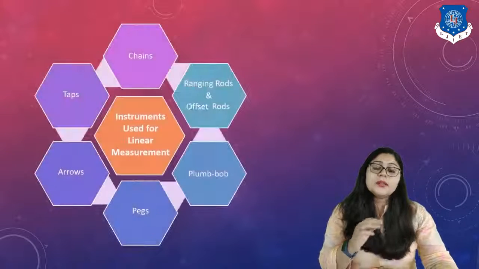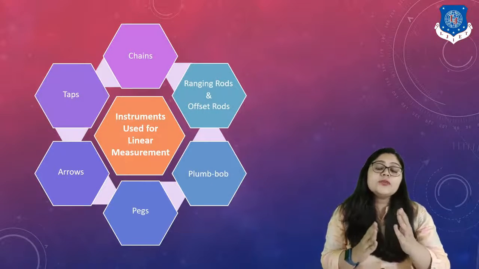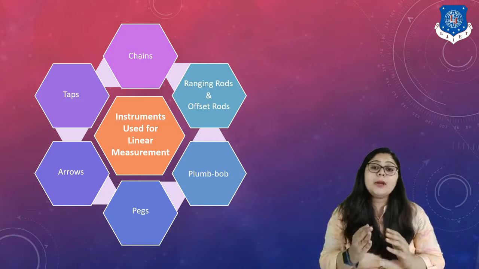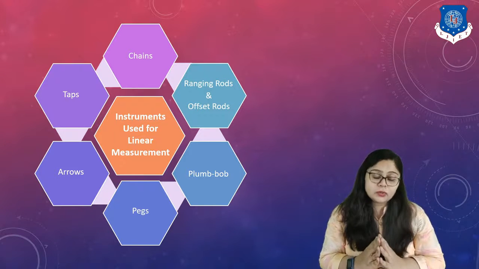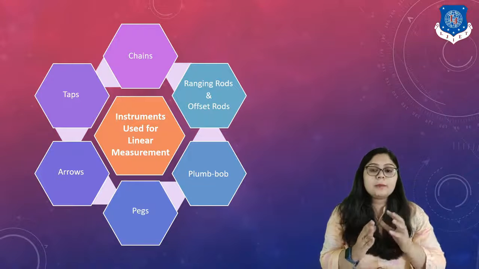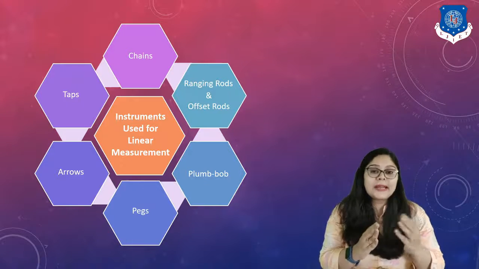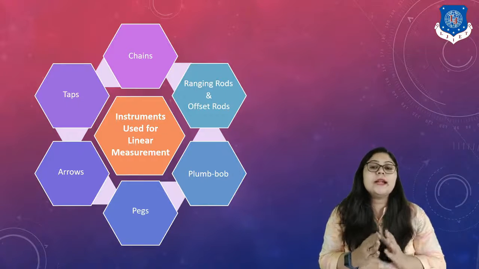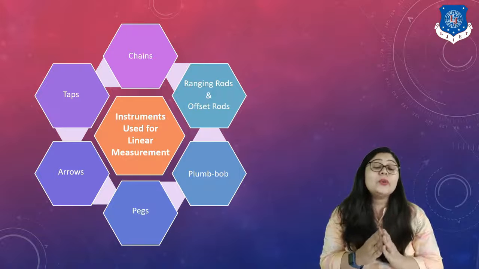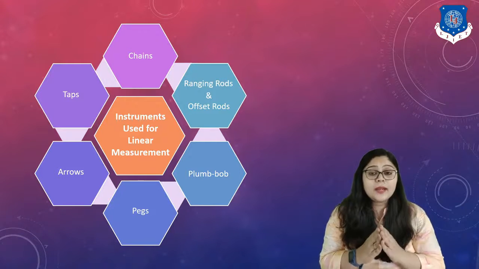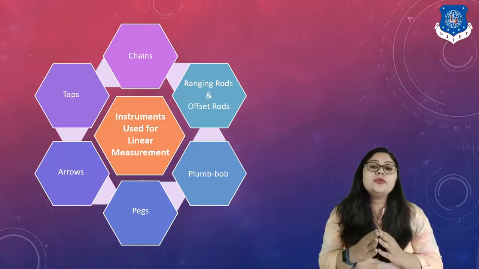Now this is all about the instruments used for linear measurement like chain, tape, arrow, peg, plumb bob and ranging rod and offset rods. Now you have to keep all these instruments in mind because for calculation or for practical field work you have to utilize this kind of instruments. So first you have to understand of which material it is made and how it is used on field